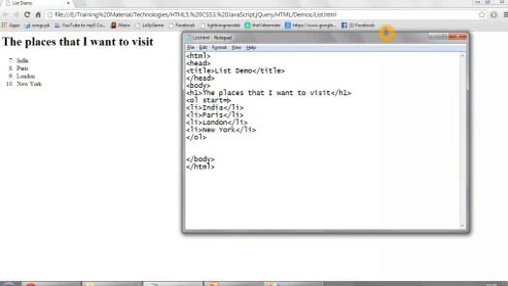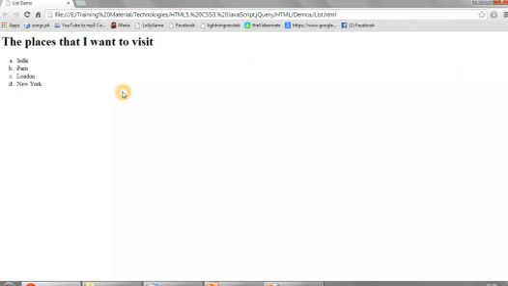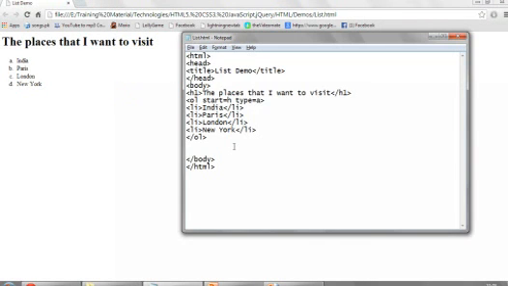Or you can start from H and give the type as A. It didn't work over here, because the start attribute only worked with numbers.